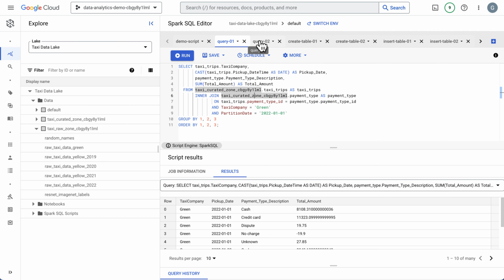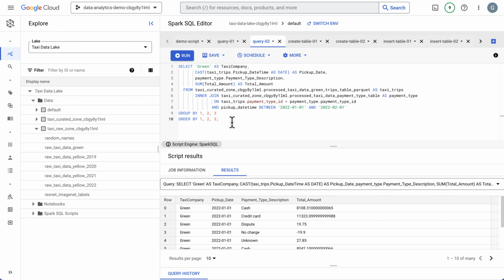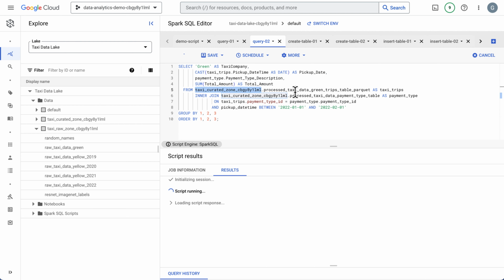And then the second query here is going to do the same exact thing. We could execute this and kick it off. But what this is going to do, it's going to go ahead and do the process. So these are going to be the external tables that will go ahead and run. So we don't have to initialize a session, but it will have to go ahead and kick off that Spark